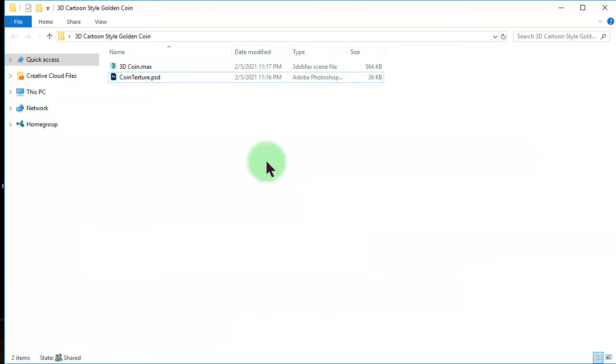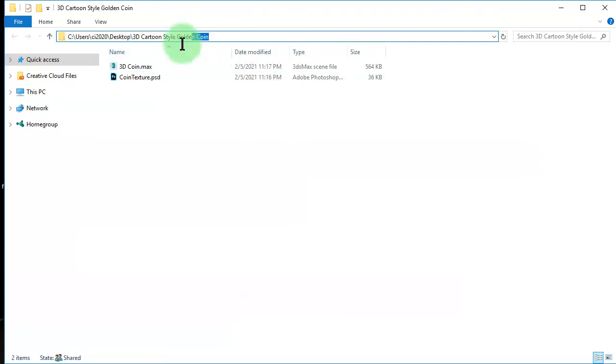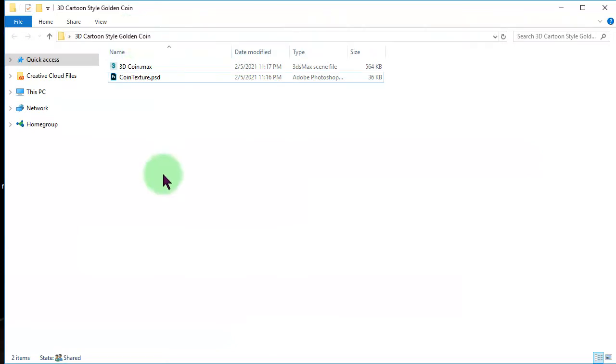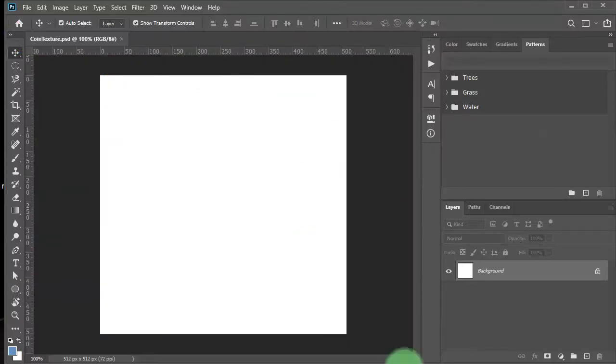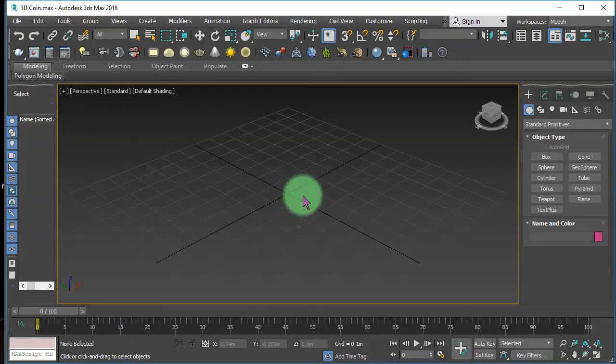Here I have a folder with this name. I have an empty 3D Max file, and I also have an empty Photoshop file. This is my Photoshop here, and this is my 3D Max. We are going to start with creating a cylinder